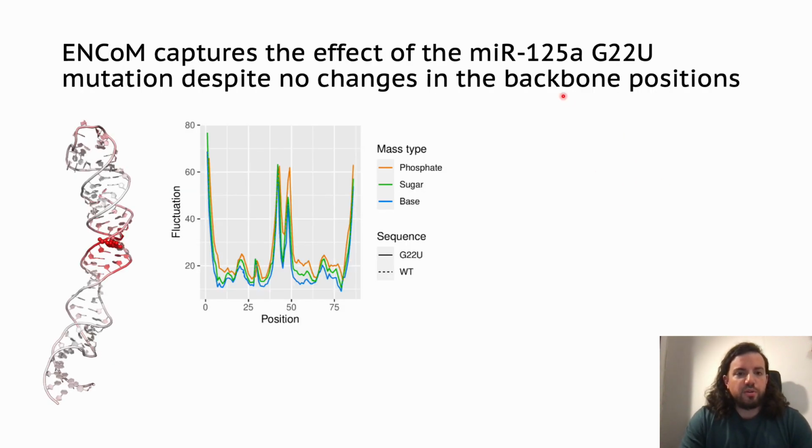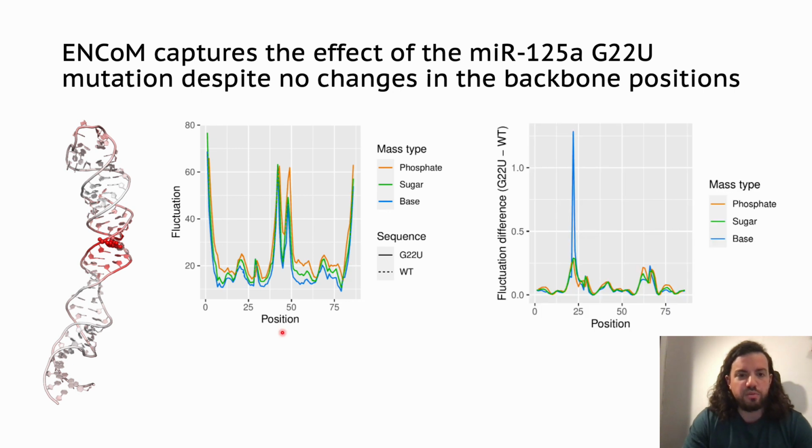So for example, in MIR125A, there is this G22U mutation that is a SNP in the population. If we model the dynamical signatures for both the wild type and the G22U, we don't really see it on this graph, but the dotted line is the wild type, which is slightly more rigid. But if we look at the fluctuation difference, we see that the mutation makes the structure much more flexible